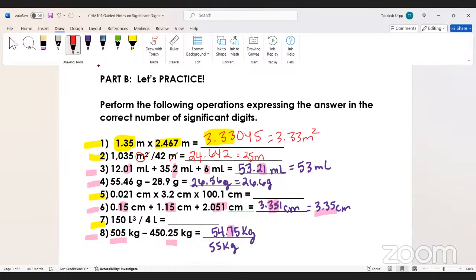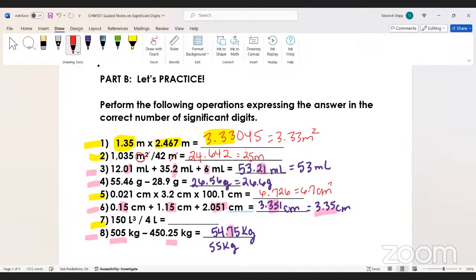So I'm going to go ahead and type this in, 0.021 times 3.2 times 100.1. So this is what I got on my calculator. 6.726. But okay, Jacqueline said 2. That is correct. I only need 2 of those numbers, so it's going to become 6.7